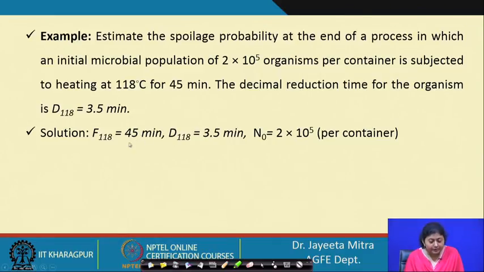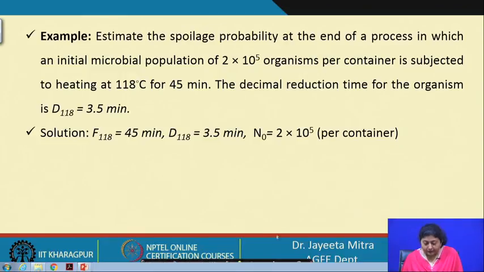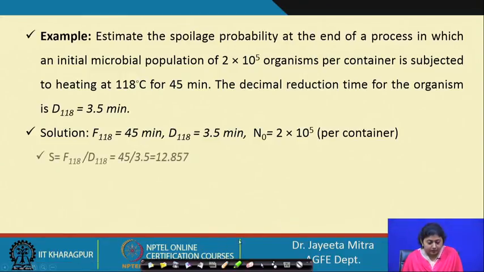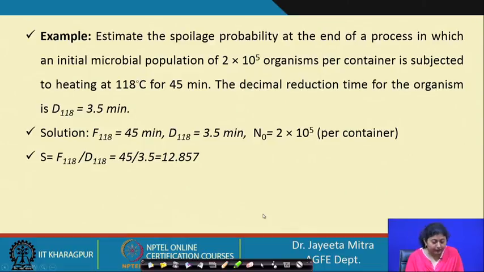So, we are giving a processing to those containers for 45 minutes at 118 degree Celsius. D118 is 3.5 minutes. Okay. So, what will be the final microbial load? So, we will perform F by D, that is the sterilization value. So, F118 by D118, that is